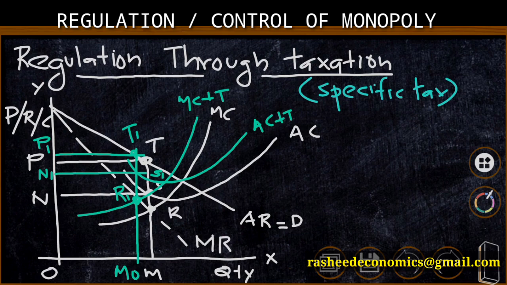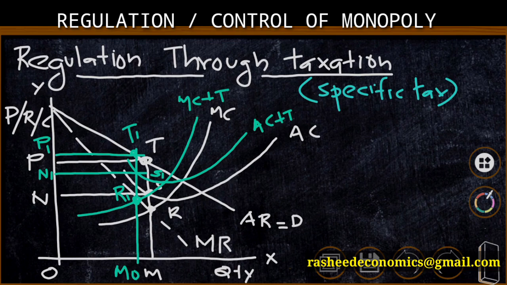As the equilibrium point moved from R to R1 due to the imposition of tax, two things happen. There is a reduction in quantity and an increase in price of the product. Here we know that the profit level of the monopolist also decreases, but the quantity available to the consumers is on decrease and there will be an increase in price, and automatically the burden is on consumers.